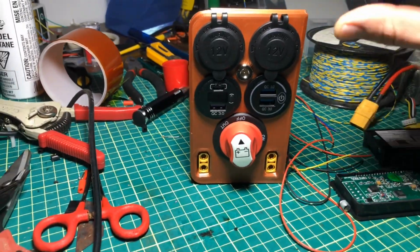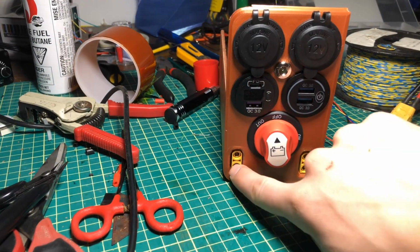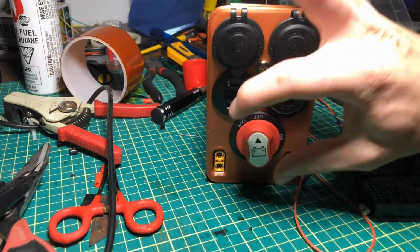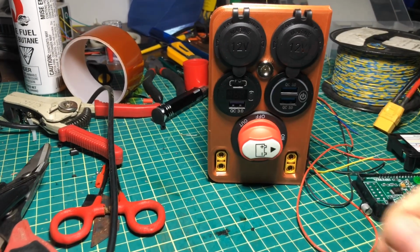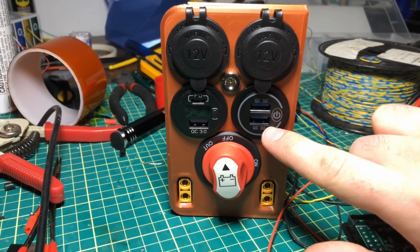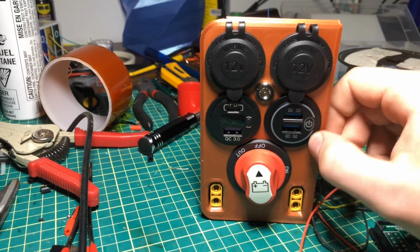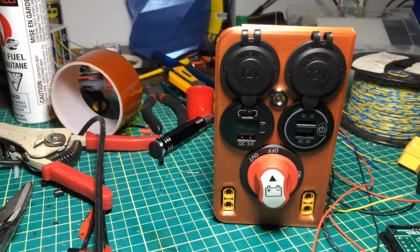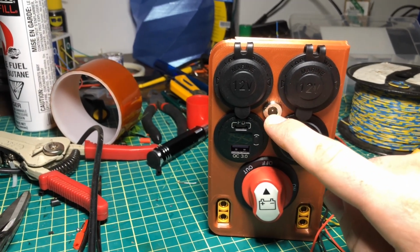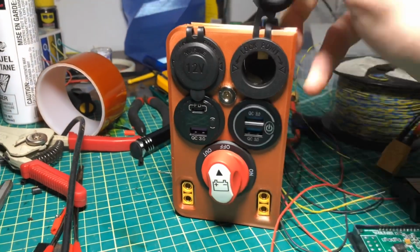So I basically completed the power output side of things. I've got both my XT90s, so I can do up to 90 amps through each of these. I got my 100 amp switch. I got two USB A's here, another one, and then a USB C. And those are all on and off, so they won't use power if I'm not using them intentionally. And then I've got a generic DC barrel jack, and then I've got 12 volt plugs,